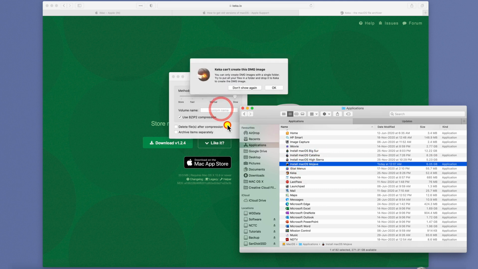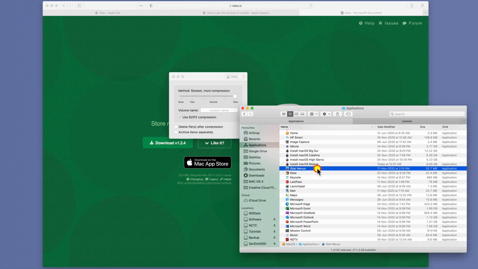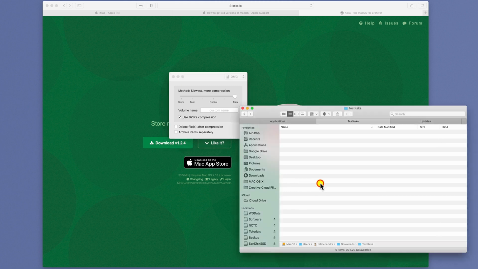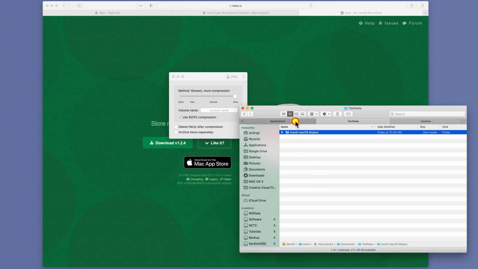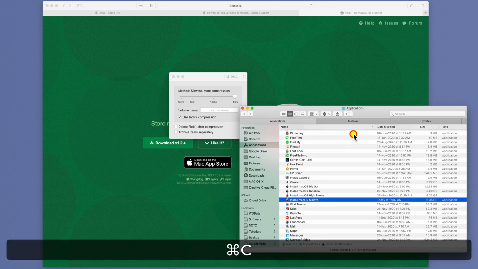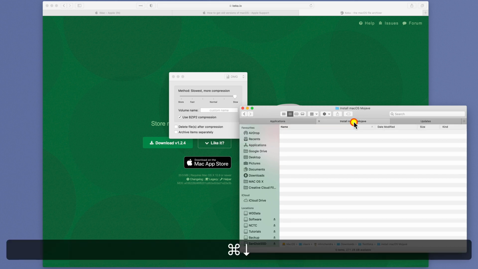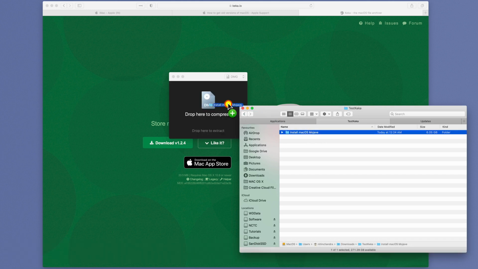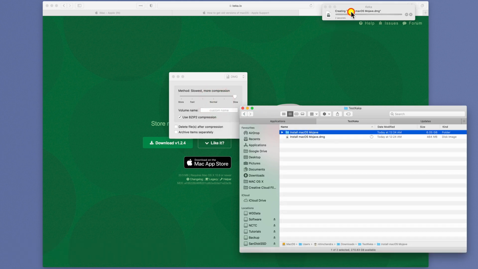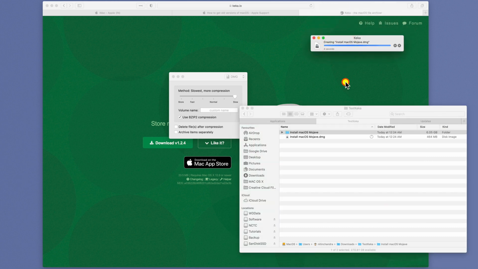If I just drag and drop this, it will not work because it requires a directory to create a DMG. So what I normally do is I create a folder with the same name, and then I just copy it inside the folder and drag the folder here, and now this starts creating a DMG. This I will archive and keep safe for the next time whenever, if ever, I require it.